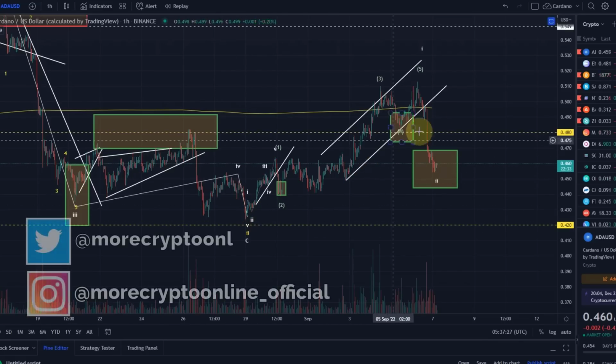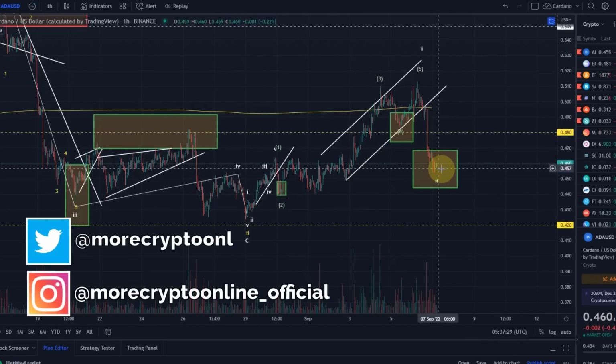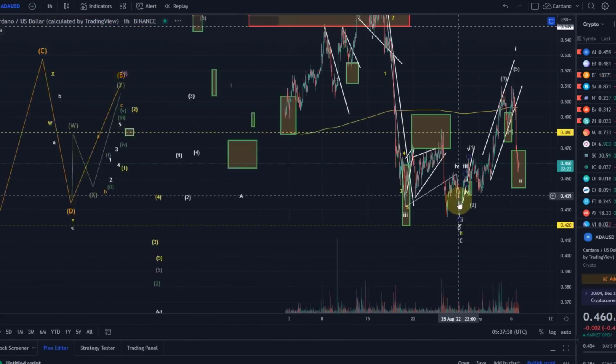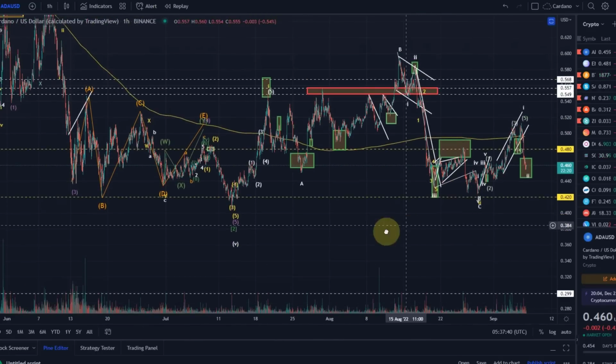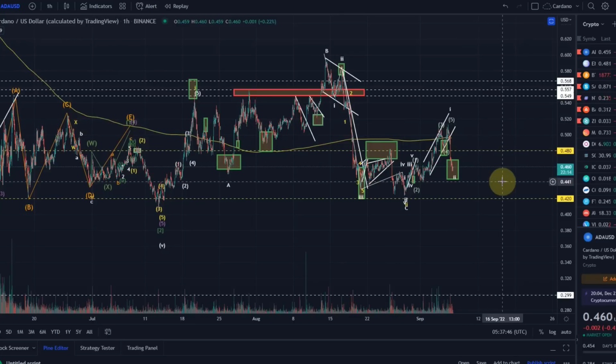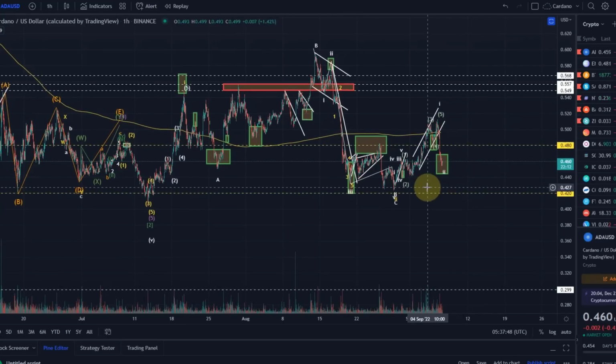ADA worked out very nicely. We've come into the middle of my target area. So next target is reached and it's now time to think and look at what the next movements could be. So for ADA, again, we are currently still covering here the bullish case. I would still lean slightly towards the bullish case, but purely because we are holding at the moment the 42-cent